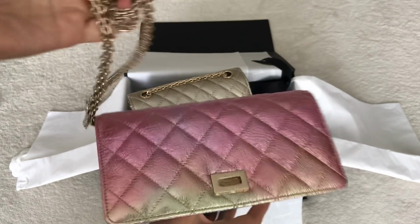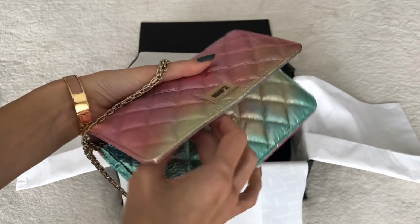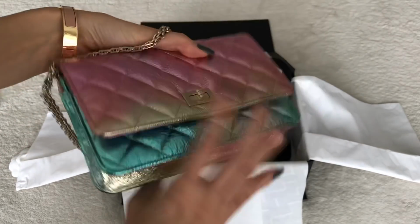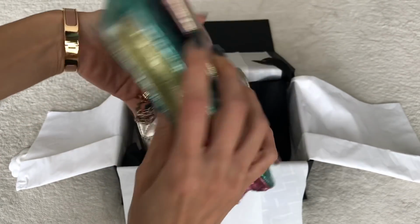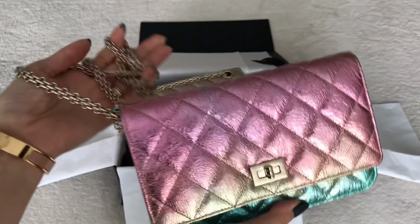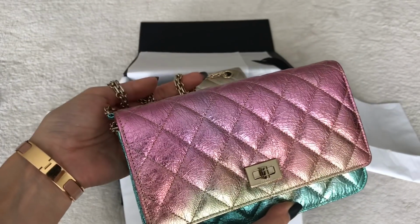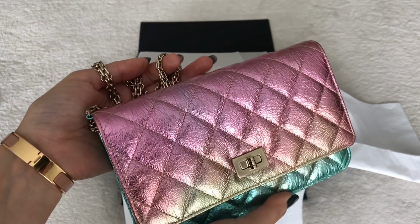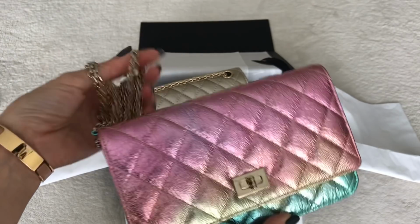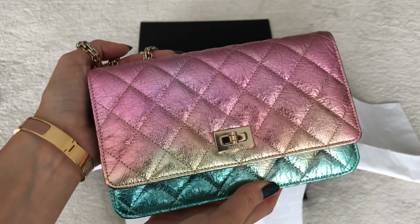So yeah, once I got this beautiful unicorn, my little rainbow mermaid bag, I have so many names for it: rainbow, mermaid, unicorn, and ombre. So pretty. My pop of color in my collection. Once I got this, I think it kind of opened me up to more of the 2.55 style without even really consciously recognizing that I was opening up to it. And also the metallics. Like, I had always said I would never add a metallic bag to my collection, but